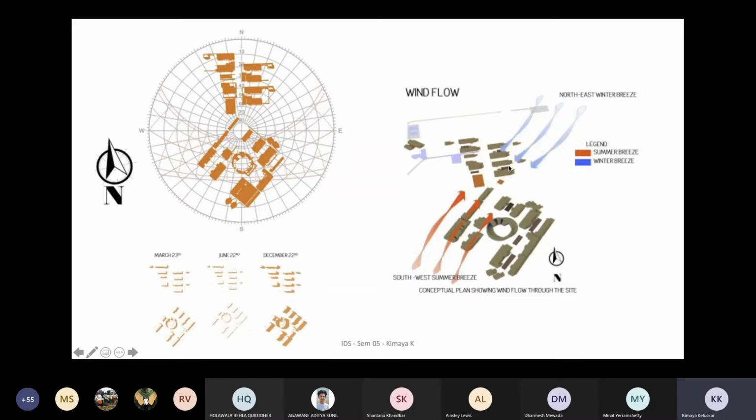Now, here the winds are going to be very harsh and very cold. So if you see, the orientation of the buildings is such that it is inviting, but it's not inviting the entire wind breeze. It's orienting the entire built form in such a way that the wind brushes through, and there are pathways being created for it. So also, your buildings are applying lesser thrust to the wind pressure.